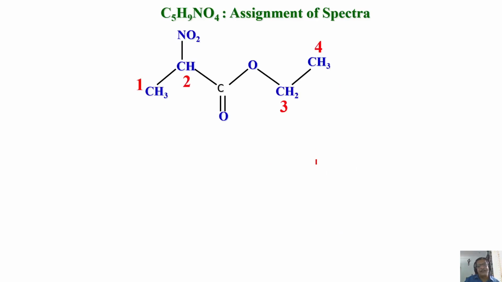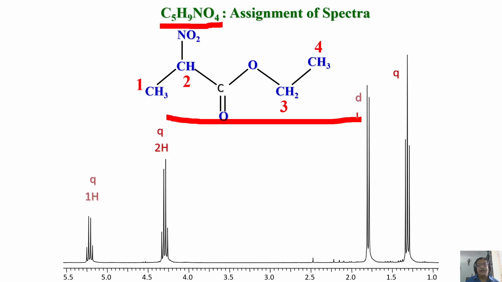Okay, we are slowly increasing the complexity. We are looking at the next spectrum of the molecule like this. This structure, this formula is known, and this structure is also given. Chemical structure. This is the NMR spectrum. Your life has become very simple because everything is marked. In this case, absolutely no need to spend more than 1 minute to analyze the spectrum. Maximum 2 minutes you will get the spectrum. Analysis is simple. You know how?